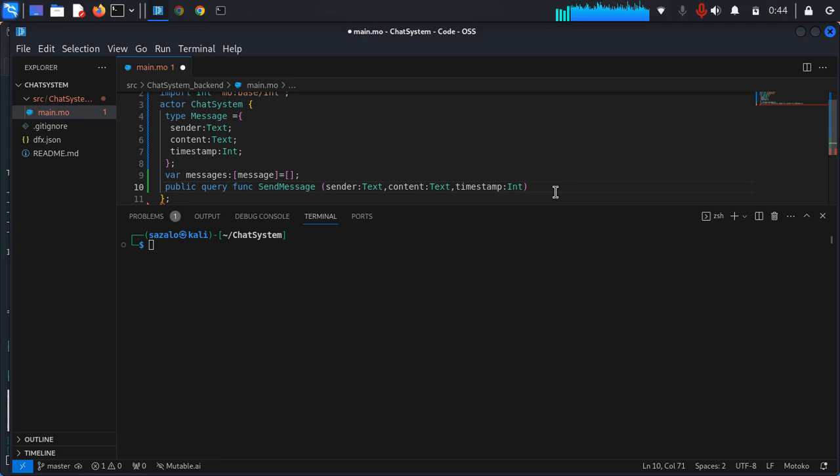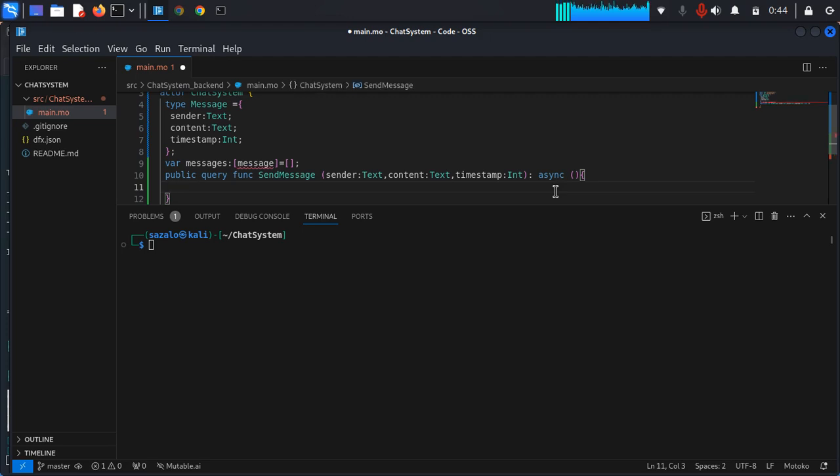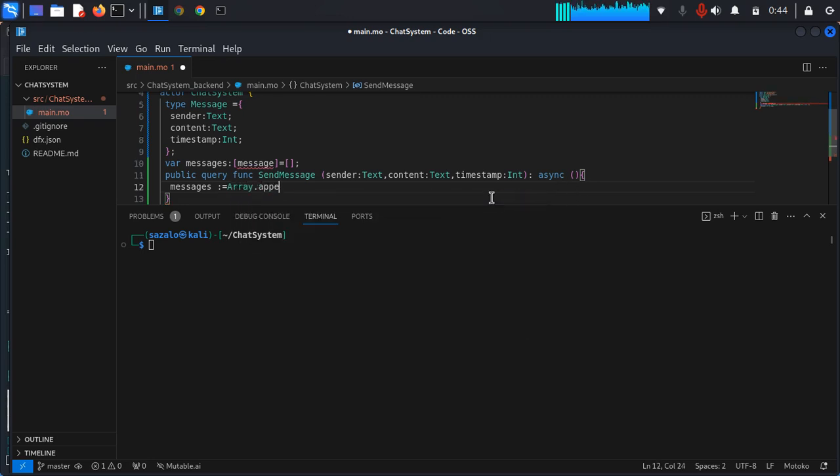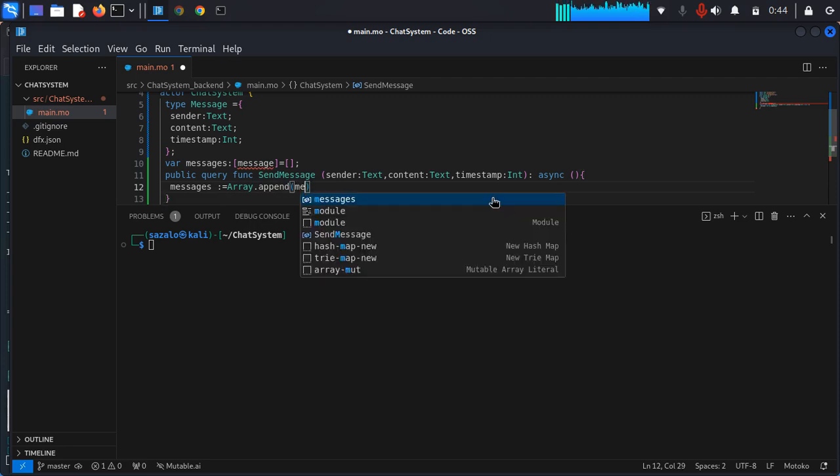Then after that we say async, and under it write what is going to be done. Messages is equal to Array.append. I think if you have learned JavaScript, you know what I am saying. Messages